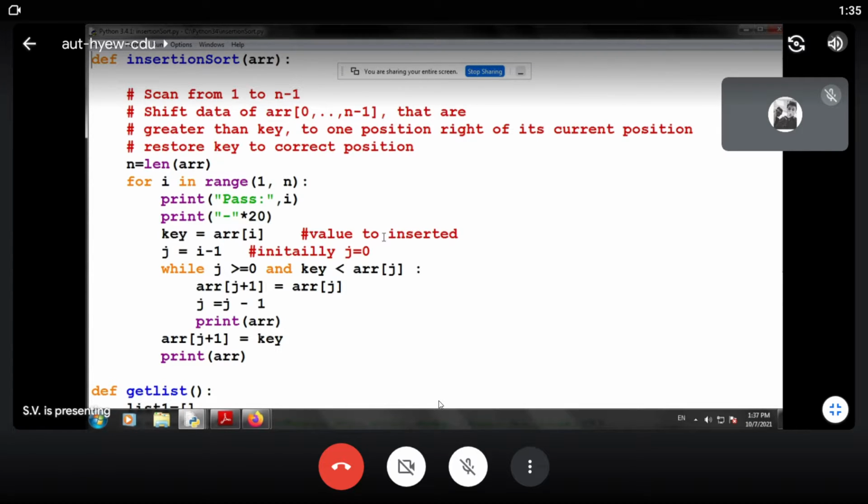The minimum element will be inserted at index 0, that is, at the head of that array. So anything greater will be shifted to the right by one position from its current position.